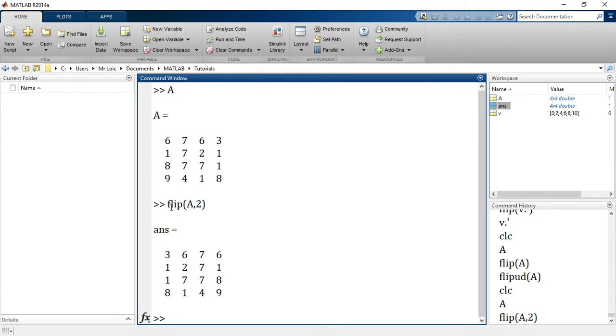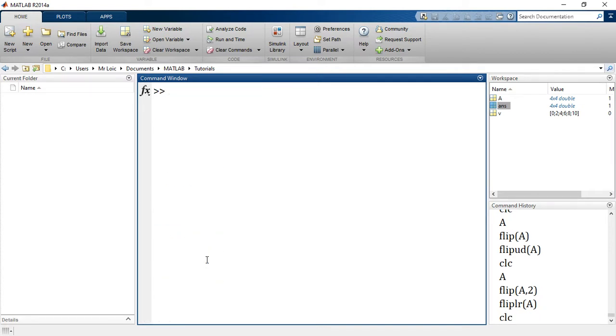So in this case, the first column becomes the last, the second becomes second to the last, the third becomes the second, and so on. And there is another MATLAB function that enables us to do just this, which is fliplr, flip left right. If I do fliplr of A, I have exactly the same result. So your choice, your call. You choose the one that you're more comfortable with. Good. So that will do it for flip, and let's go to the next.